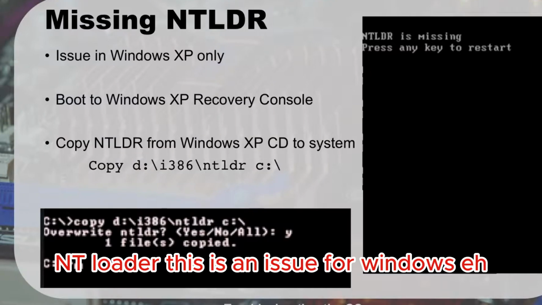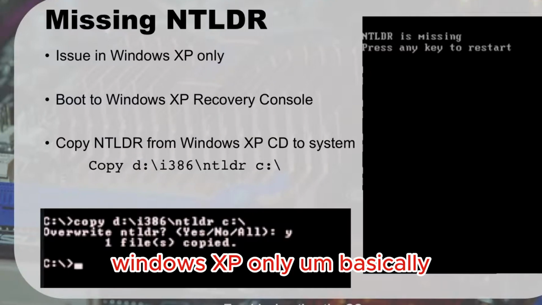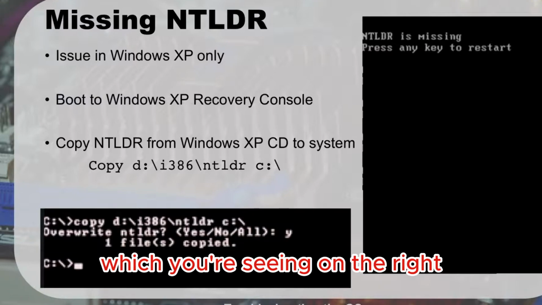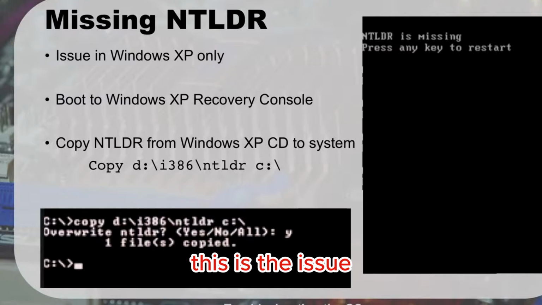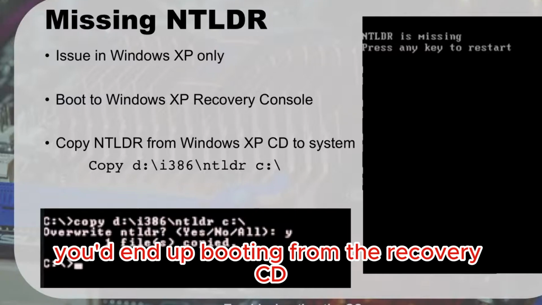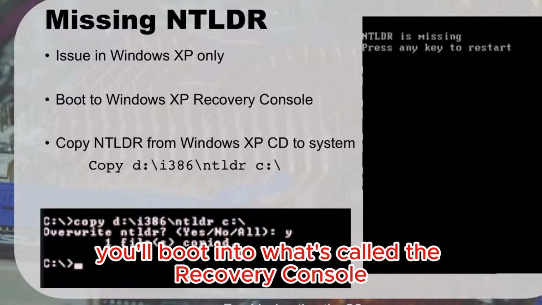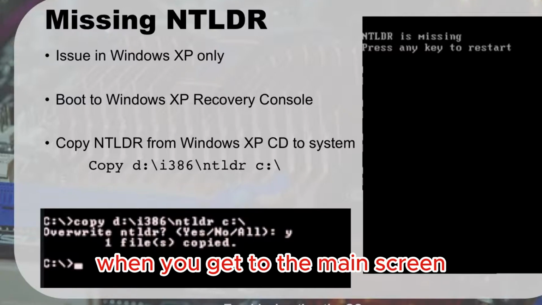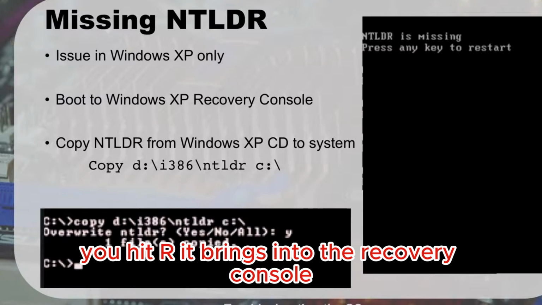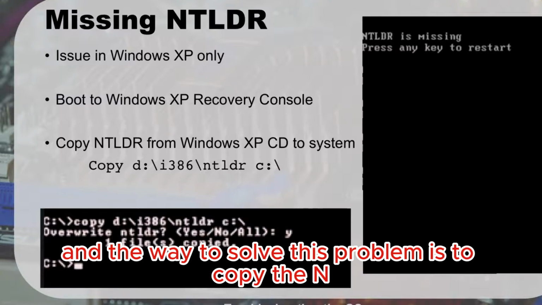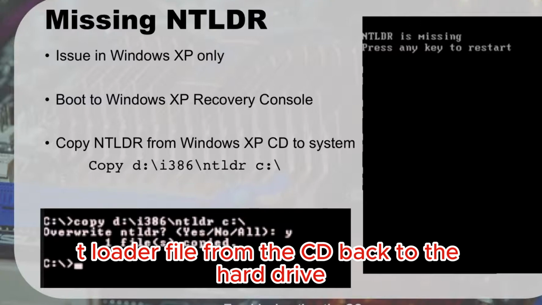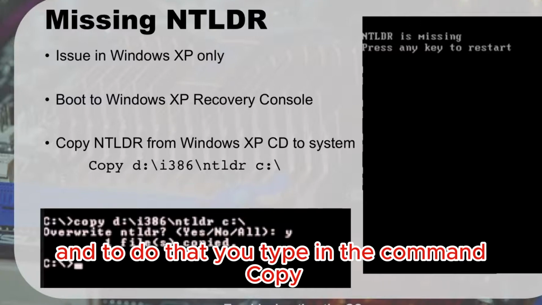NT loader. This is an issue for Windows XP only. Basically, if you see the NT loader is missing, which you're seeing on the right, this is the issue. You'd end up booting from the recovery CD, the Windows XP installation disk. You'll boot into what's called the recovery console. When you get to the main screen, you hit R, it brings you into the recovery console. And the way to solve this problem is to copy the NT loader file from the CD back to the hard drive. And to do that, you type in the command copy